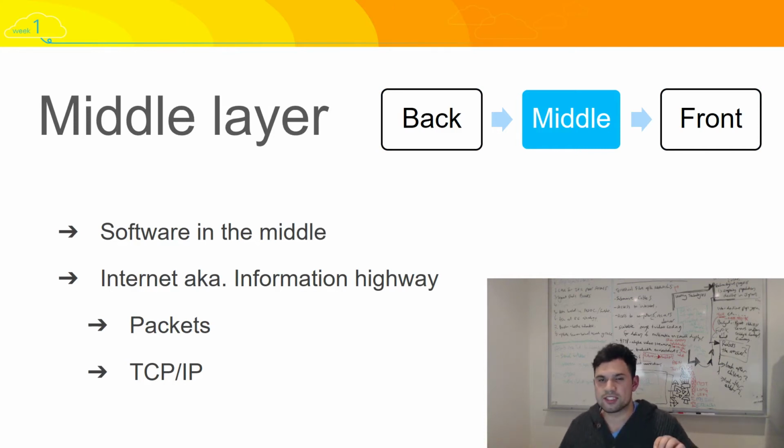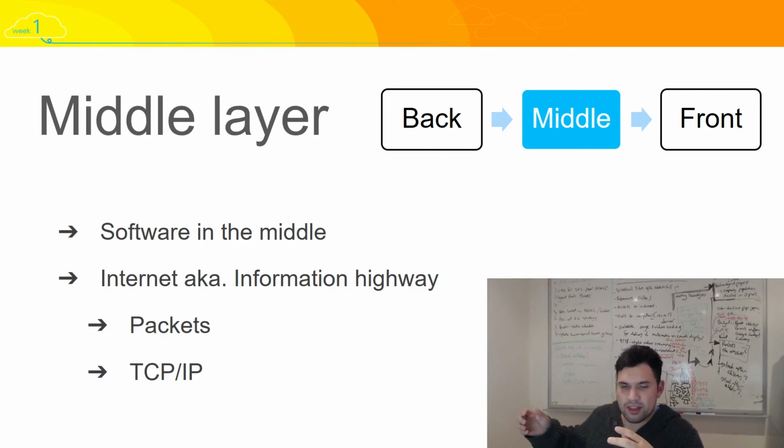Now, the middle layer, as I explained, connects the front end to the back end, but it's also a little bit more complex than that. How it works is there's software installed in both the back end and the front end, and they need to communicate with each other. So the middle layer is used to ensure that the language is understood. There's usually a central server, which is like an administrator, and it follows a specific set of rules known as protocols to ensure everything flows smoothly. You can think of the middle layer as like a conductor at an orchestra who's sitting in between the audience and the band members and making sure that the audience likes what the band is playing, and the band is doing what they're supposed to, and the audience is enjoying the music.